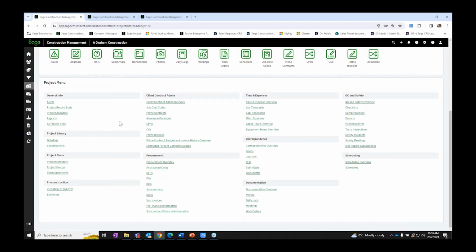Kind of have the general information here on the left-hand side, including that pre-construction information, financial piece here in the middle with that contract admin and procurement items. And then on the right-hand side, we'll have all of our operational items, so time and expense, correspondence, documentation, scheduling, etc. So I wanted to kind of go through all of these modules briefly here,